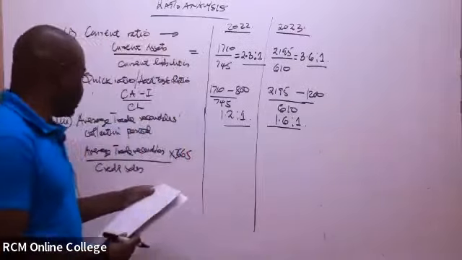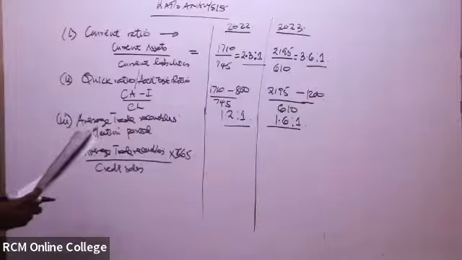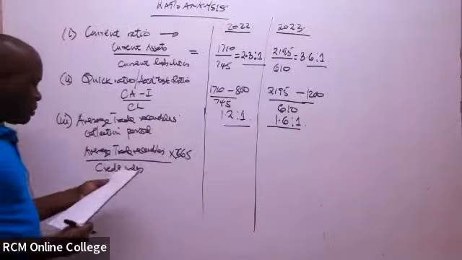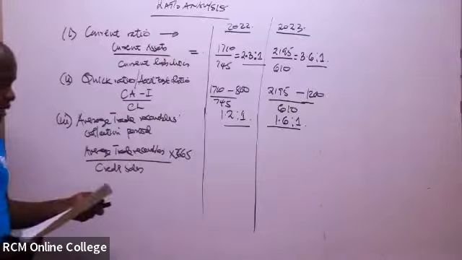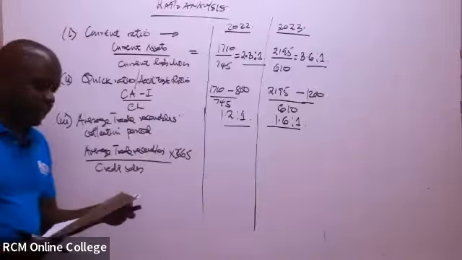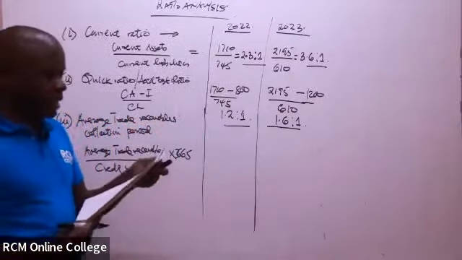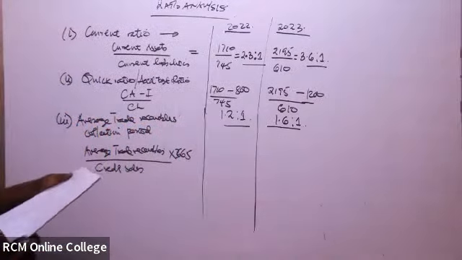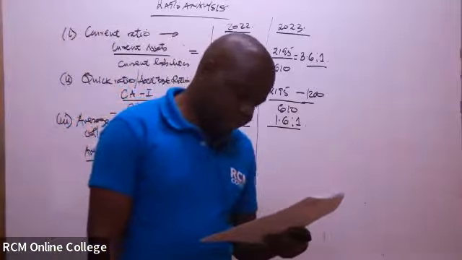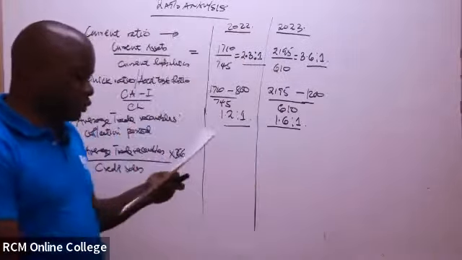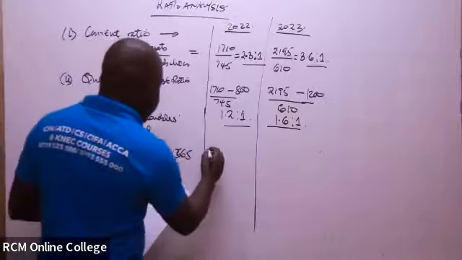So now in this case, we need to identify our average trade receivables and of course our credit sales. You've been told 80% of the net sales is actually on credit. You can see that in the statement of income. Then the trade receivables, you can get them in the statement of financial position. So we have 490 and of course now 600. So it will be 490